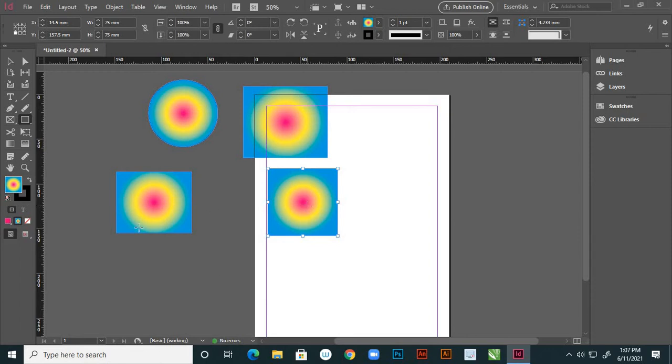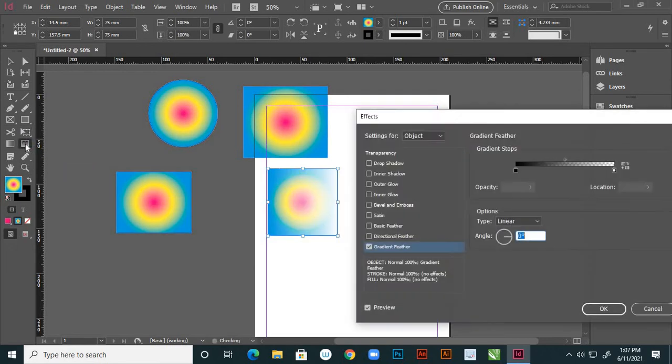Now instead of this color, swatch color, if you want you can use this color, or otherwise use that only. And suppose here you check that gradient feather tool, right?